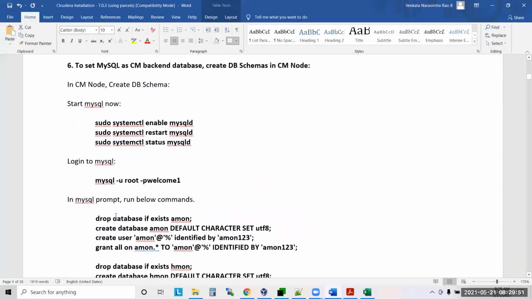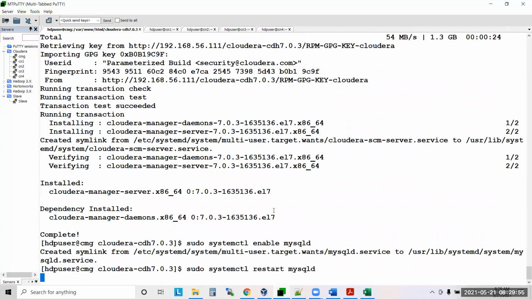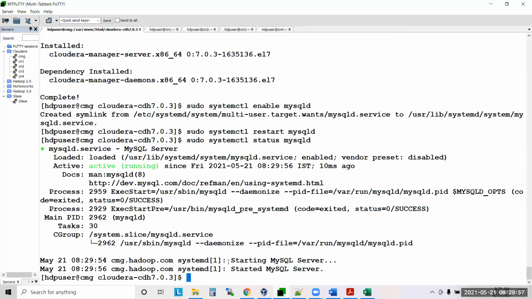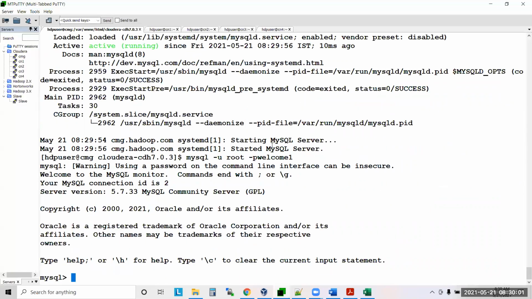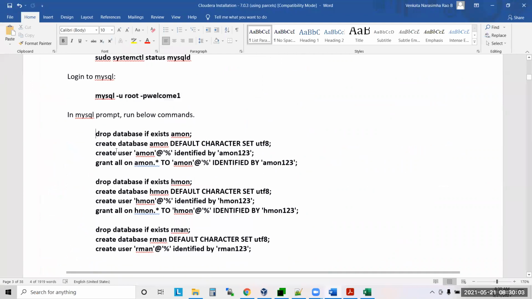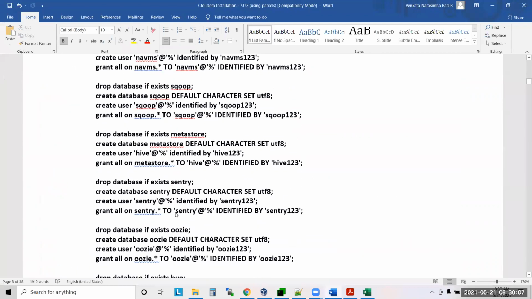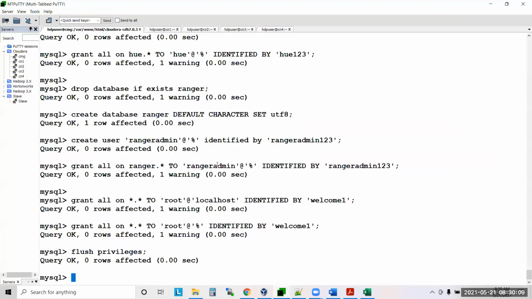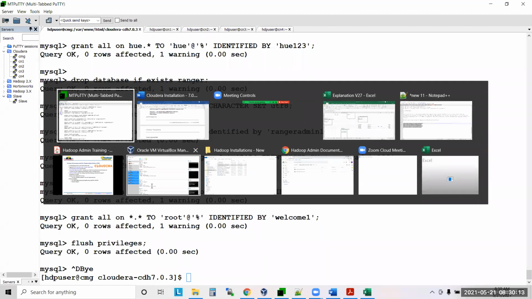Okay, so it is done. Then I'm starting the MySQL server. I'm logging into this one. As we know, we need to create the backend RDBMS actually. So these are the RDBMS which I'm creating, and I'm setting the permissions also. Then quit from the MySQL prompt and